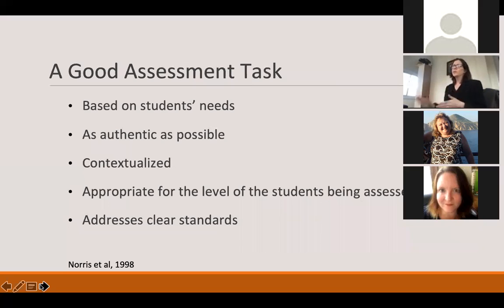And this goes back to what we were talking about, differences between older children and younger children. What do they need? And what's authentic, both linguistically and developmentally, for those students? How can you set up a task to make it authentic? As we talked about earlier, asking a 10-year-old about driving a car,